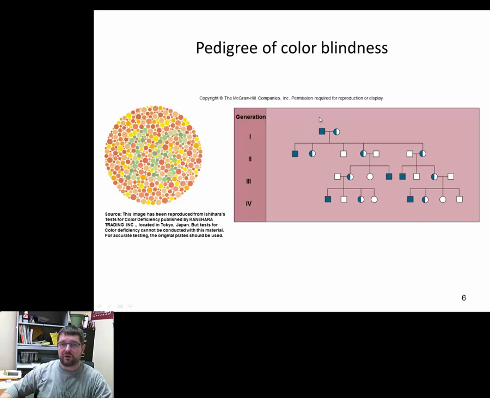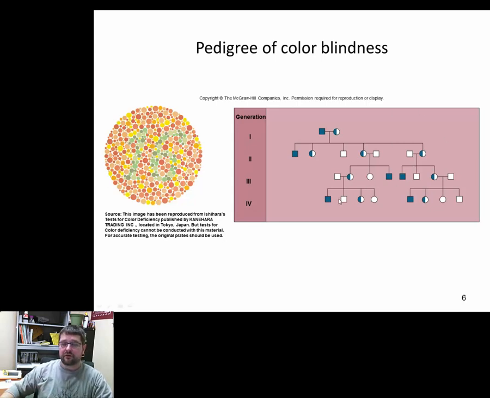You would expect a much higher ratio between these two if it was not. So it's a recessive, sex-linked trait, and it actually is multiple genes that can code for this or have a relationship to this. We're not going to get into that, but that's a good way to pick up